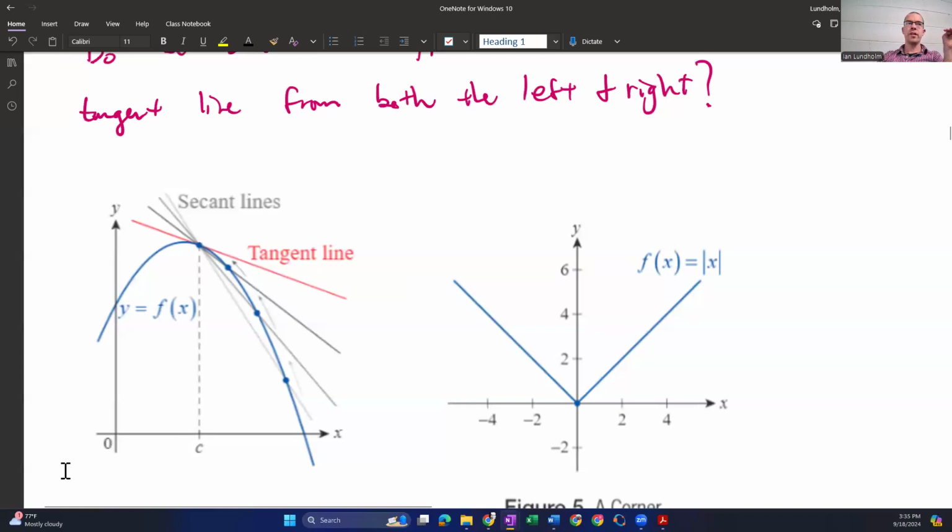We'll try to decide when we're differentiable and when we're not. So this first function is a nice smooth curve, it looks like a quadratic, where if we were making secant lines and getting the points that are determining the secant line closer and closer together, there's not a jagged change. If we approach from the right, we tend to approach this red tangent line. If we came from the left, we would also approach that red tangent line. Maybe I could try to do a good job coming from the left because we've already got the right there. Let's use a green. So if I was out here and I was using this point to make a secant line, I could draw